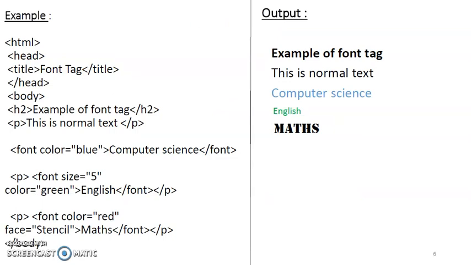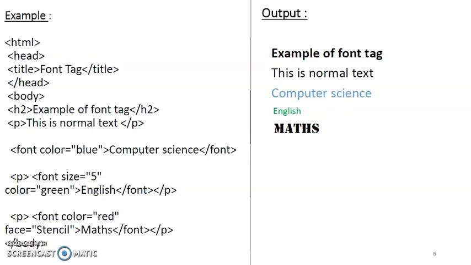Now you can see another example of font, how to use font. See, your first HTML and the head document is open. In that you have mentioned the font tag as your title. In the body tag you mention the H2. What is the meaning of H2?